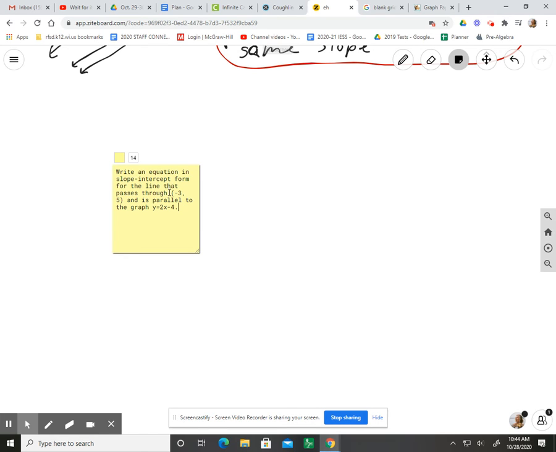Alright, so what we have here is we need to write an equation in slope-intercept form. Let's remind ourselves what slope-intercept form is. The slope-intercept form is y equals mx plus b. And we need to go through the point (-3, 5), and it needs to be parallel to